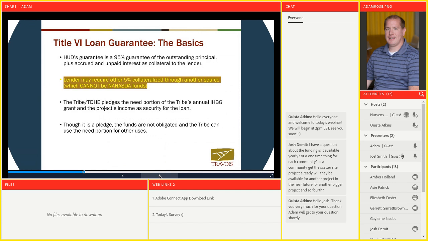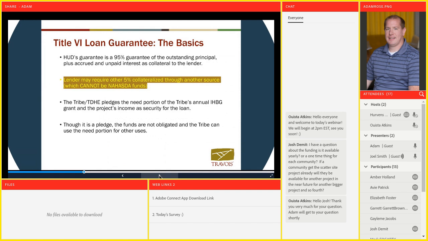Here's how the backstop works. I will say this: in the history of the HUD Title VI program, there has not been a default that has led to a loss or a claim against the government. IHBG is a dependable every year source of funds, and should there be an issue with falling behind on payments, the bank would tap HUD on the shoulder and say that need-based portion of IHBG was supposed to cover that payment, and then they will direct it there